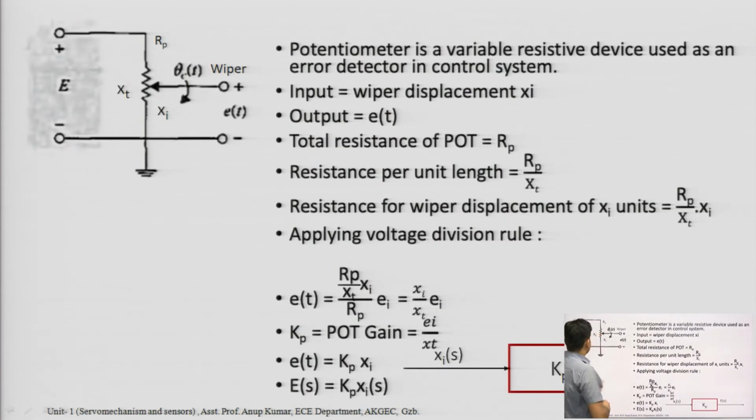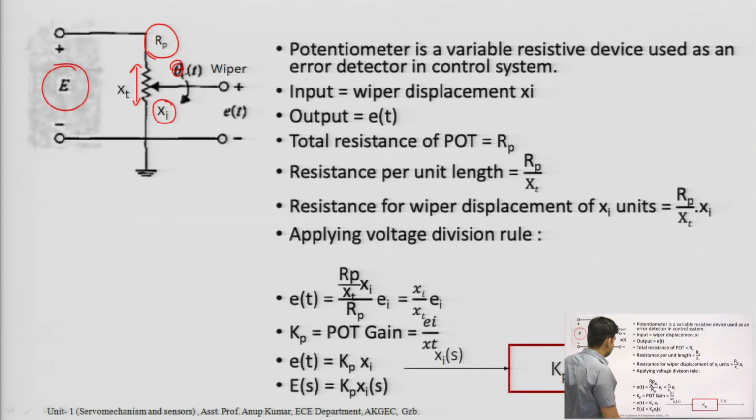Okay. And you can see a wiper here. If you move this wiper, you can basically apply an angular movement. So, theta is given, this is the angular movement of the wiper. If you rotate it, the wiper position changes linearly over the resistance scale and it will change the R, where the total R is the potentiometer resistance R p, x t is the total displacement, x I is the input displacement from this wiper with the help of this angular displacement theta c, and the voltage generated is here